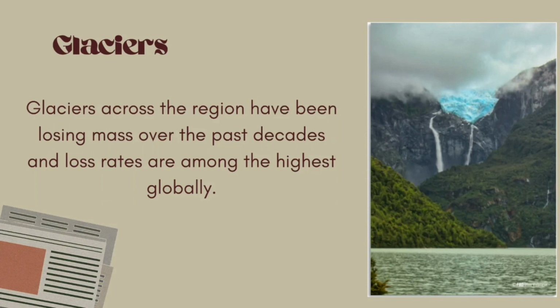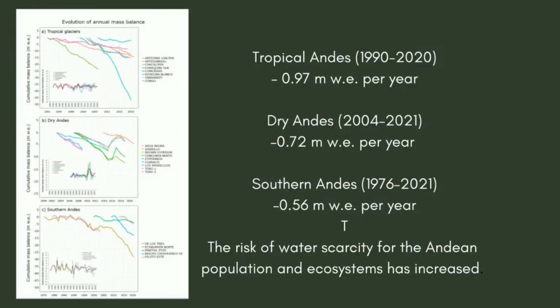conservation. For better understanding of glacial evolution, the region is divided into 3 zones: the tropics, the dry Andes, and the central Andes. First is the tropical Andes. The tropical Andes is a region in South America that expands across several countries, including Venezuela, Colombia, Peru, Bolivia, Argentina, and